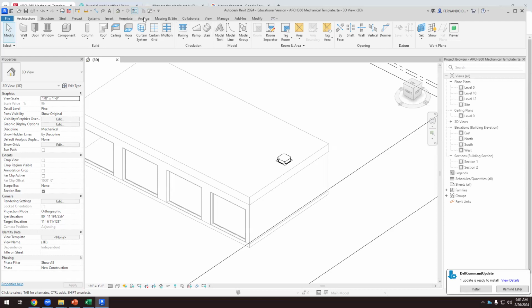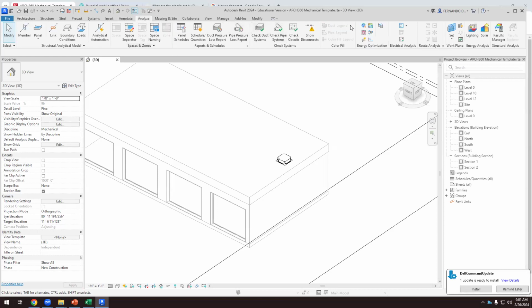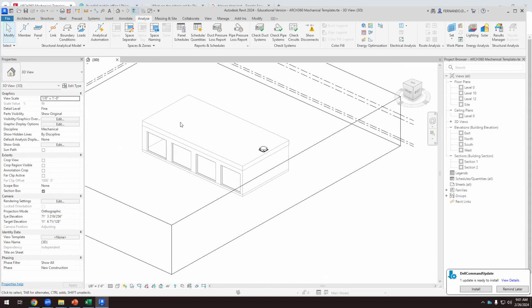Okay, so remember that in Analyze, you can run the system analysis, and I don't want you to do that. Don't do it, because when we are dealing with mechanical equipment and then you want to run the energy analysis, it doesn't work well. It doesn't work well because we have to perforate the roofs, and we have to do a lot of things that usually Revit doesn't like. Okay, so